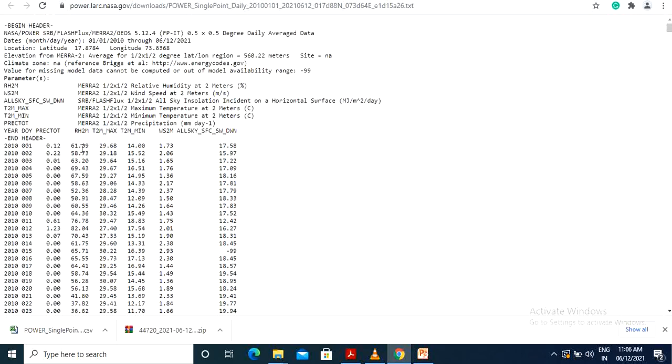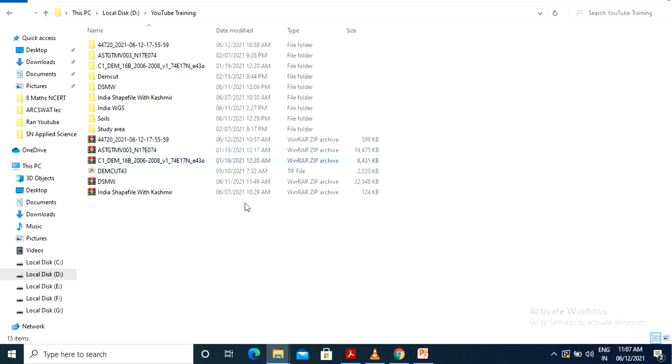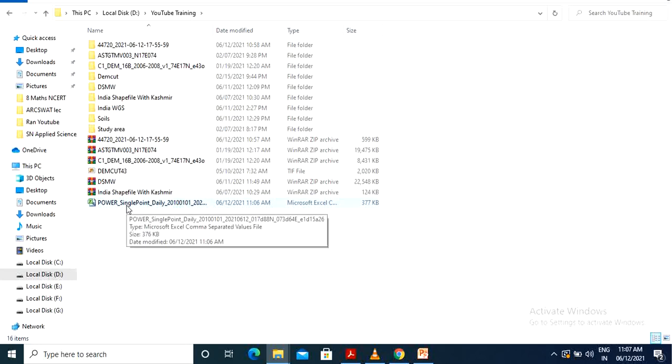In that we have relative humidity RH at 2 meters, temperature max, temperature mean, wind, solar radiation, and this is precipitation. Okay, and this is the Excel sheet or CSV file. So cut that file and paste it in your required folder. So this POWER file will give the latest weather data.